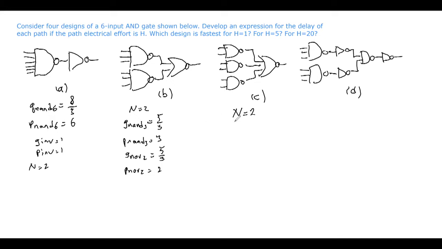So this is going to be G NAND 2, which is 4/3. And P NAND 2 is actually 2. And the logical effort value for my 3-input NOR gate is going to be, again, if you don't